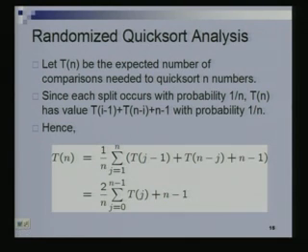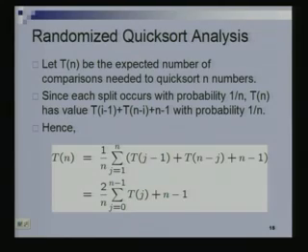Expectation. So for instance, just to give you an example, those who are forgetting your expectations: I roll a dice. What is the expected value I see? How does one compute this? Each of the outcomes is equally likely. Each occurs with a probability of 1 over 6. So I see 1 with a probability of 1 over 6, 2 with a probability of 1 over 6, 3 with a probability of 1 over 6, all of that. So the expectation is 1 over 6 times 1 plus 1 over 6 times 2 plus 1 over 6 times 3 and so on. Whatever value you get, that's the expected value you would see.